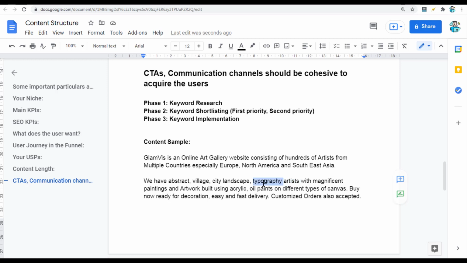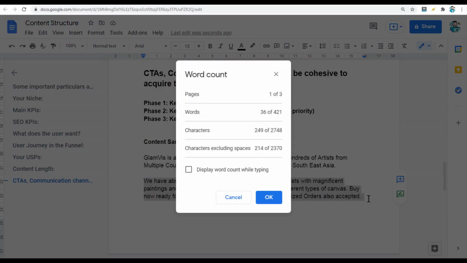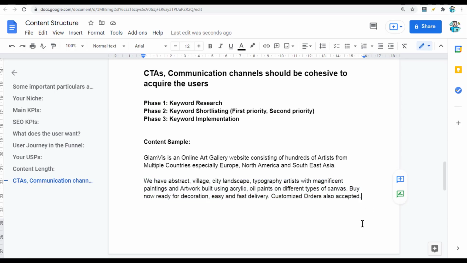People are searching for typography artists. People are searching for city landscape artwork using canvas. So you are answering 25 to 50 search queries in this one small paragraph. Customized orders are also accepted. You can write it like this.